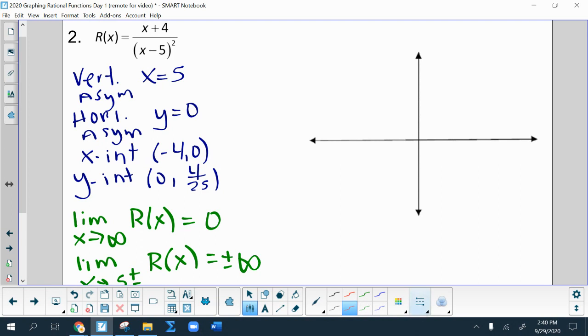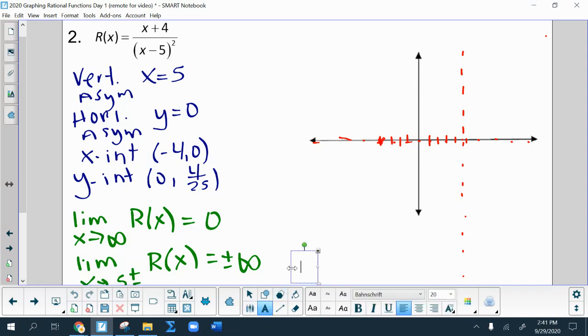All right, here we go. Let me get the skinny line here. So 1, 2, 3, 4, 5, that's my vertical asymptote. 0 again is my horizontal asymptote. My x-intercept, 1, 2, 3, 4. Right now, if we were in class, what you would all be saying is, Mrs. Hasey, that's an asymptote. And you just put a point on the asymptote. And I'm going to tell you, surprise, that's okay. You can